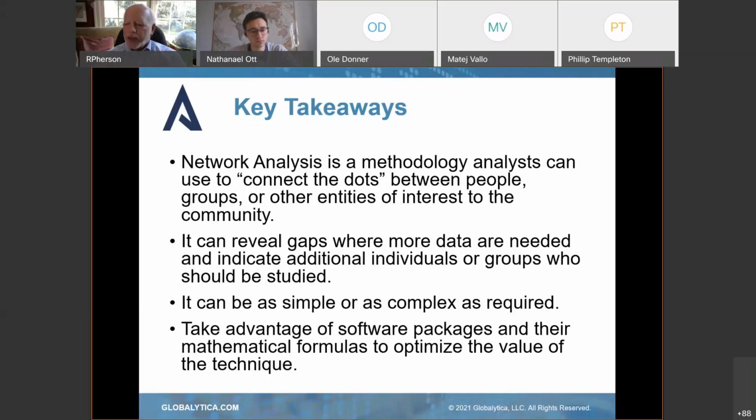Can you build a little shadow network saying these are the things that may be there, but we don't know, and we haven't been able to validate that yet? Or this is collection guidance. This is where we need to go to try to see if there are gaps we need to fill for what's there. So you're looking for the gaps.